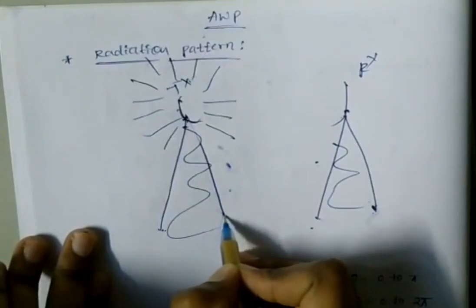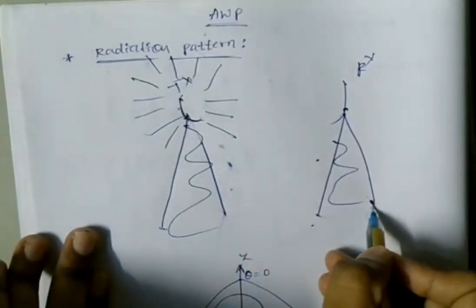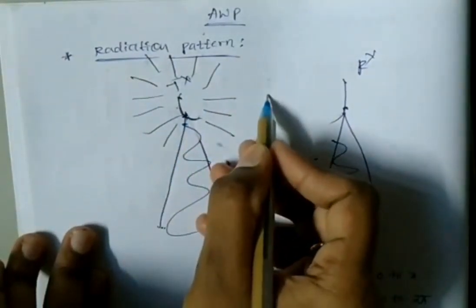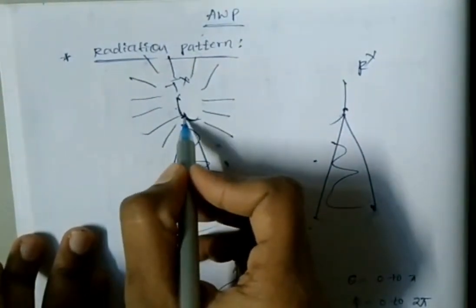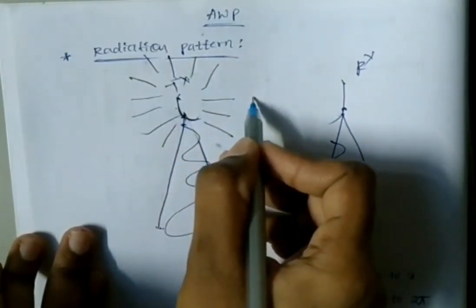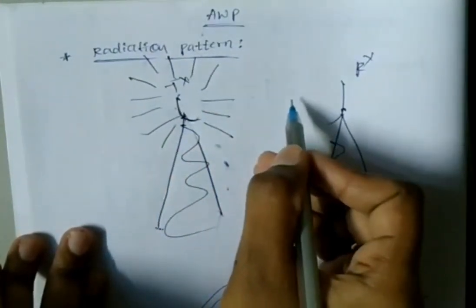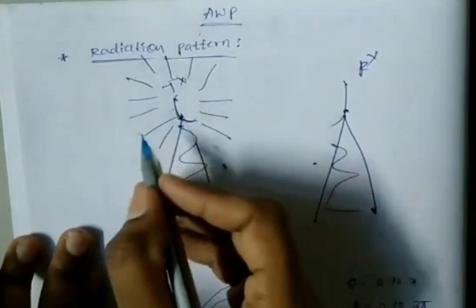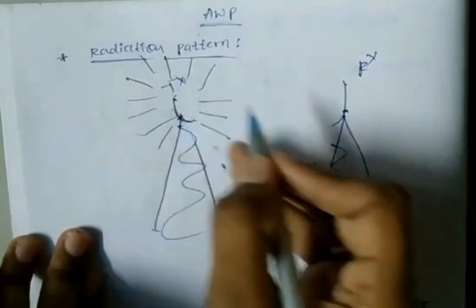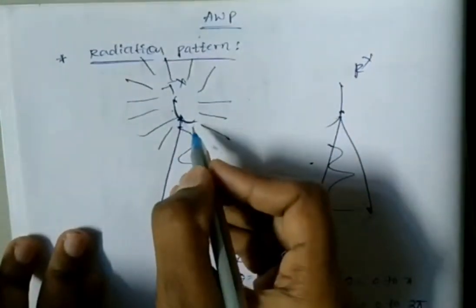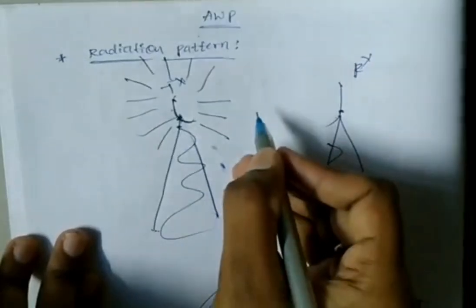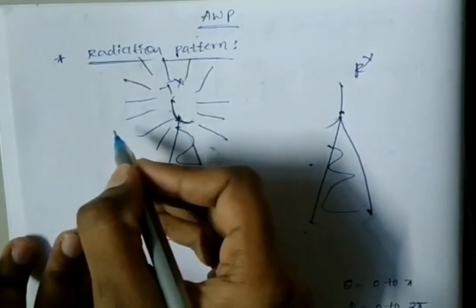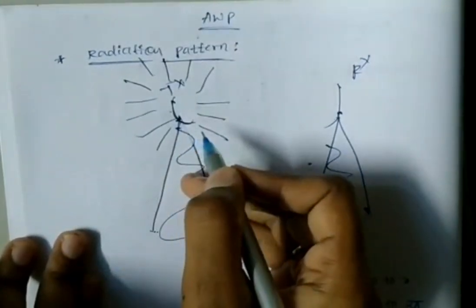So already we know this one is a transmitting antenna and this one is a receiving antenna. This transmitting antenna radiates EM waves into free space, and whenever it does, wave propagation exists in the free space. That wave propagation is maximum in some directions and minimum in other directions due to the atmospheric condition. In the direction in which waves are propagated the most, maximum radiation exists. In the direction in which the waves are propagated less, minimum radiation exists.